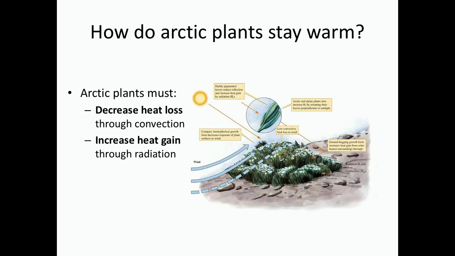In contrast, plants that grow in a colder climate will need the opposite. They will want to decrease their heat loss, so they're going to hug the ground to prevent the wind from pulling heat away from them through convection. They will also try to increase heat gain, so they're going to orient themselves towards the sun. They're going to have broader branches that try to capture more solar energy. They're going to contact the ground to try to increase heat gain through conduction as well. So we'll see very different morphological conditions in plants that are grown in a warm environment than we do in cold environments.